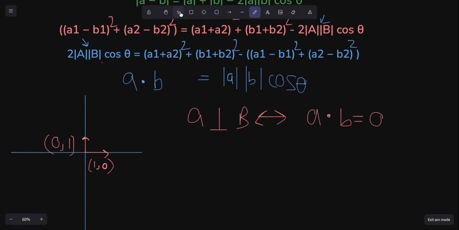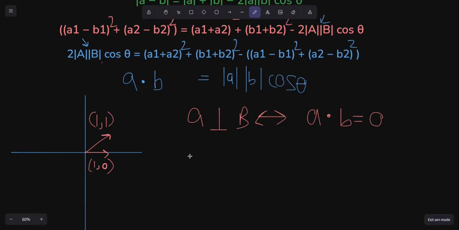If a and b are very similar to each other, let's say they're pointing towards the general area, say b has the coordinates 1, 1. So generally, they're pointing towards the same direction. If I take the dot product, then 1 times 1 is 1, 1 times 0 is 0, 1 plus 0 is 1. So whenever two vectors are facing very closely to one another, you're going to have a dot product that's positive,